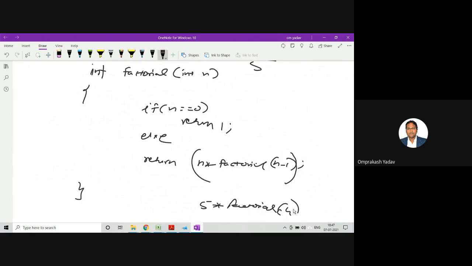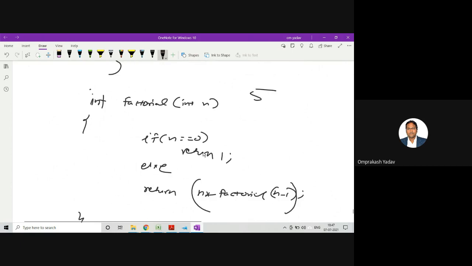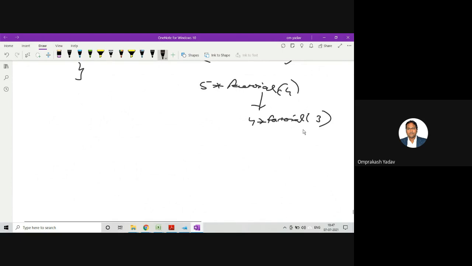So in factorial, I am passing 4. 4 will come over here. It will again check if n is equal to 0. No, it will go to else part. Now this time it will divide into 4 into factorial of 3, right? Now this 3 will go over here. It will again check whether n is equal to 0. No, so it will call 3 into factorial of 2, and this will call 2 into factorial of 1, and this will call